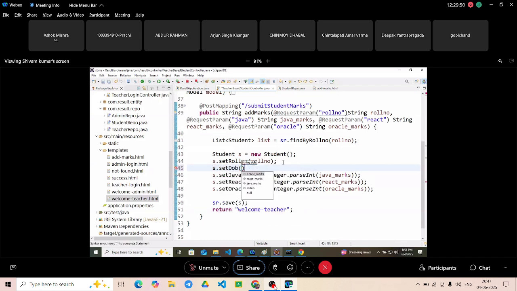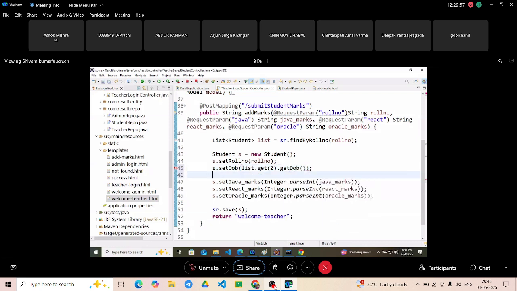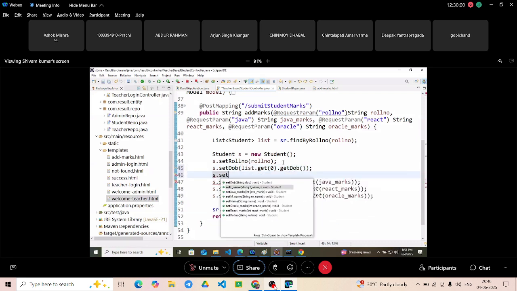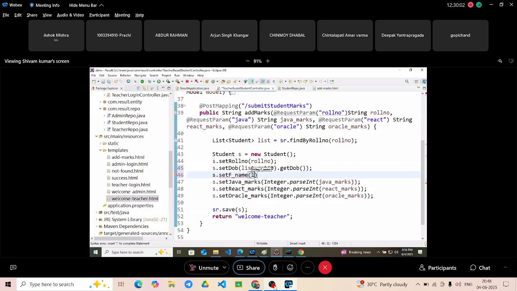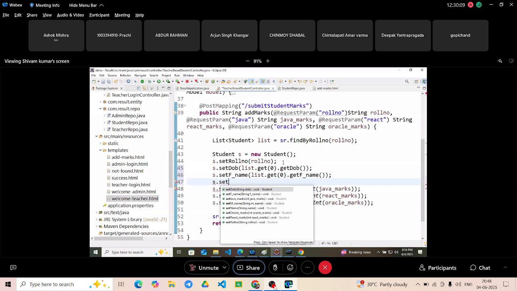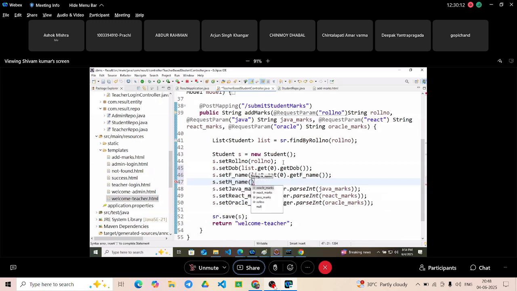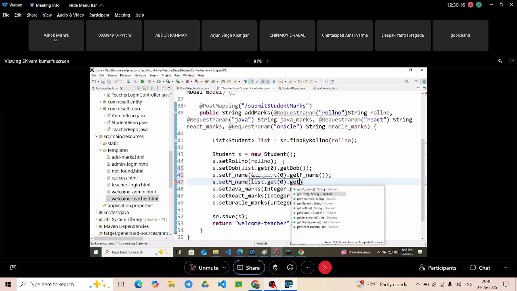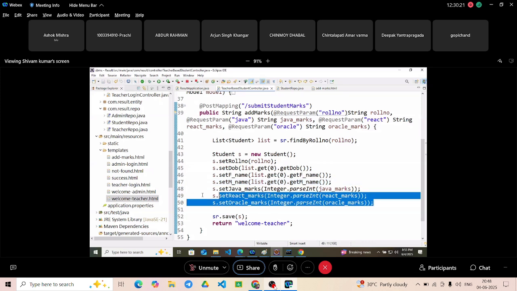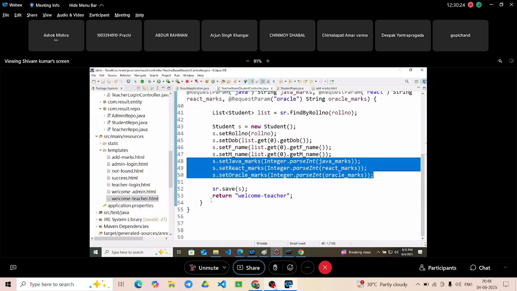The DOB of the student is available in the list with the indexing 0 dot get DOB, s dot set father's name. Father's name is available in the list with the indexing 0 dot get father's name, s dot set mother's name. Mother's name is available on the index 0 dot get mother's name, right? So and then marks, then at last saving the teacher,